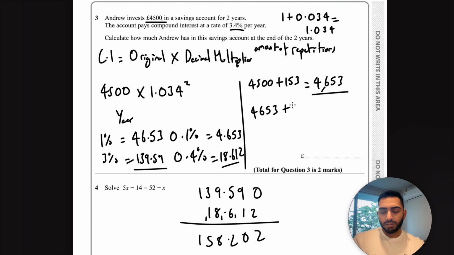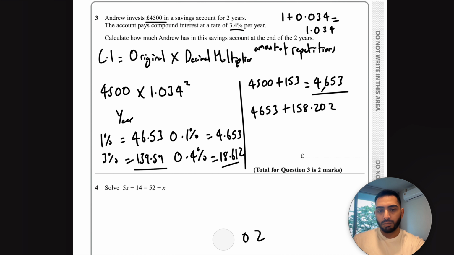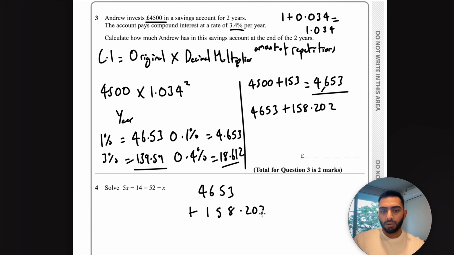4,653 plus 158.202. Let's just add up those and then we should be able to get our final answer. 4653 plus 158.202. Here is just going to be 202, decimal point, 11, 5, 10, 11 again, 6, 7, 8, and then we got a 4 to start with. So our final answer is